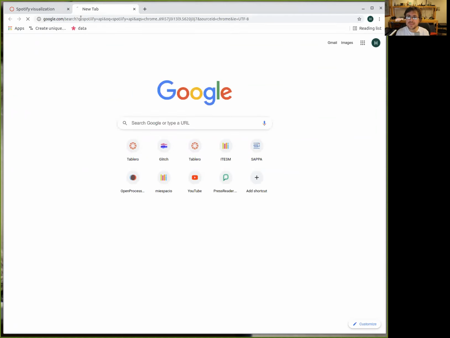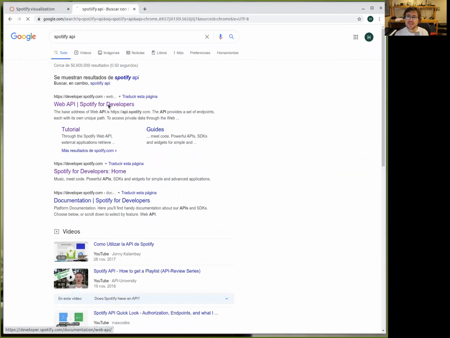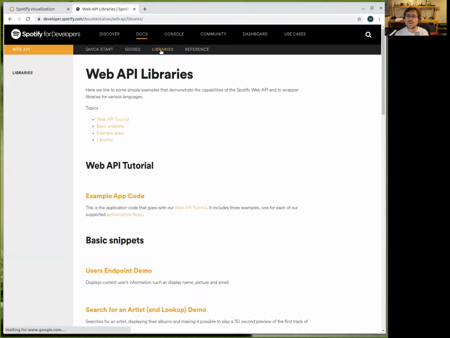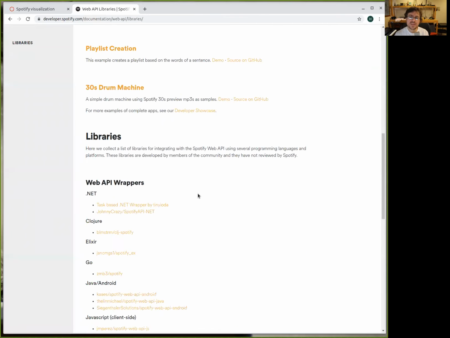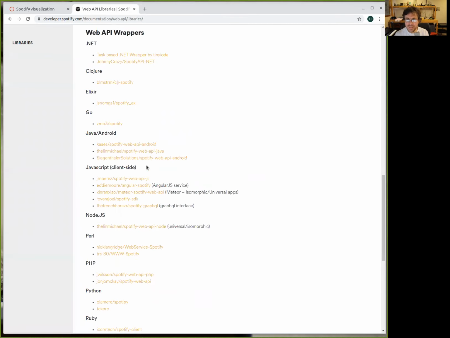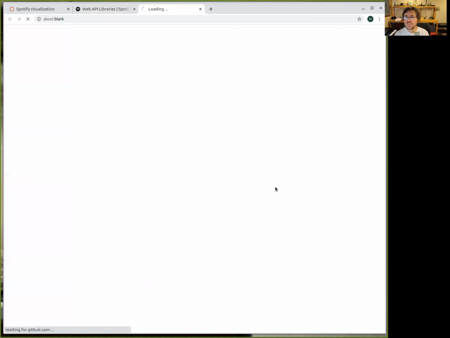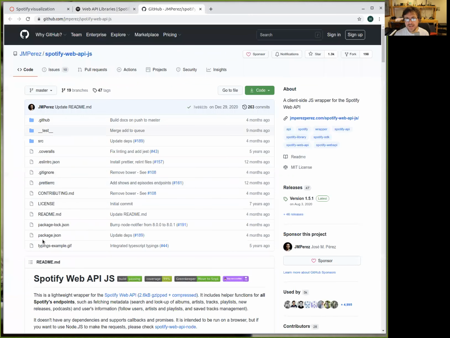And when we got here, we went to the libraries. And because we've been spending a lot of time on the web, we decided to go to this first web page, with this first library that we found, especially because we are not using Angular, we're not using Meteor, and we're not using GraphQL. So I decided to go to the pure JavaScript one, and we got into this one.